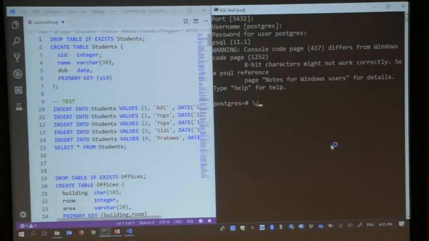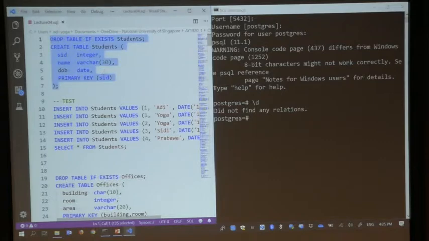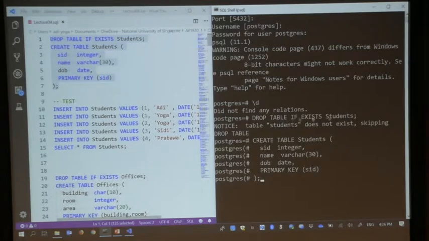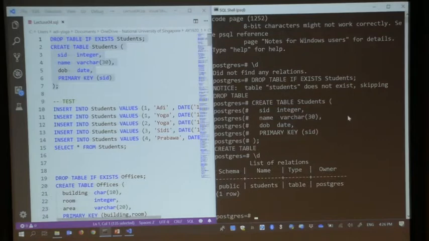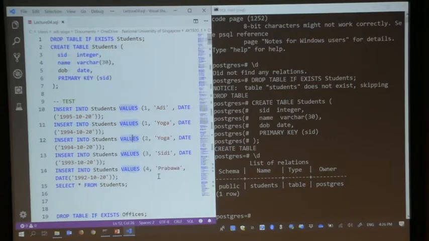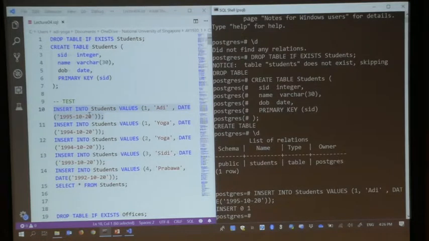Okay, so we start without any relations. I can create a student table over here. Now there is a table, and I can do some kind of testing. If I try to insert a value with a duplicate primary key, it will be rejected.